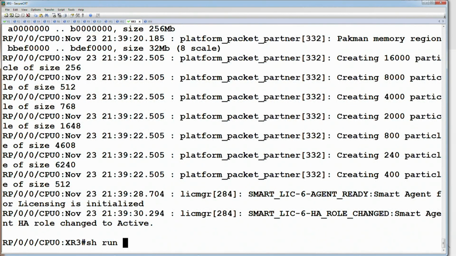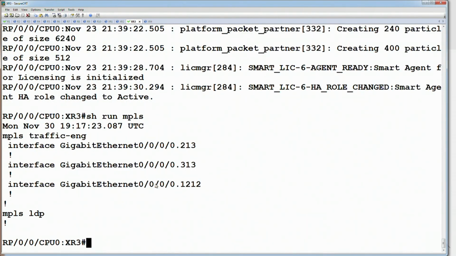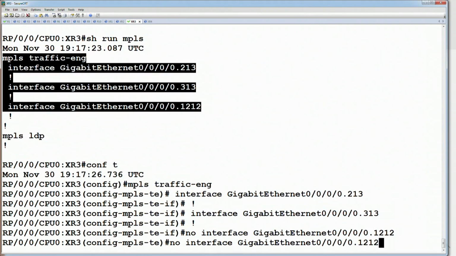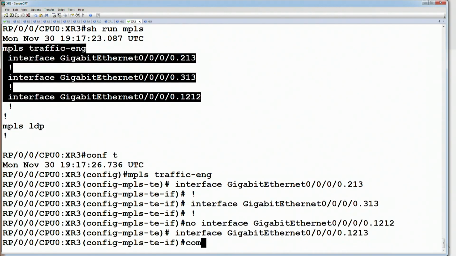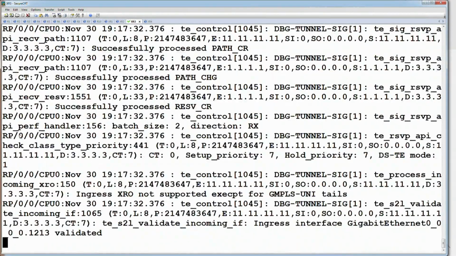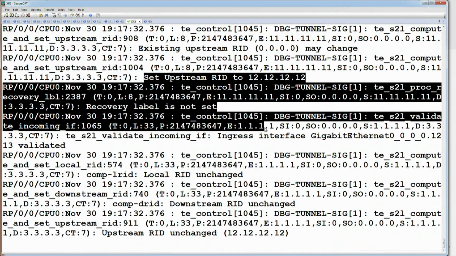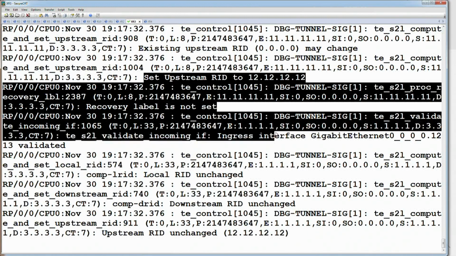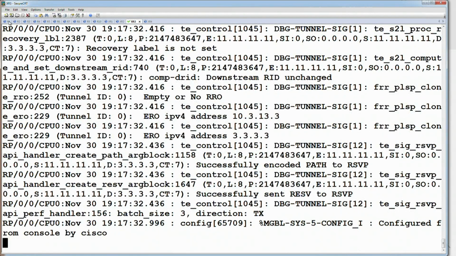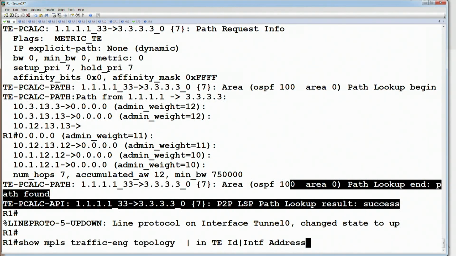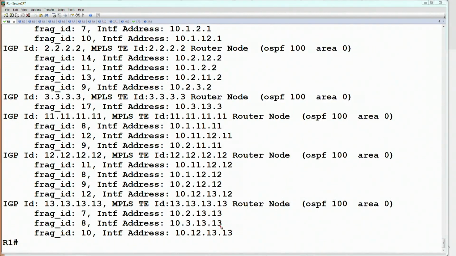Let's show run MPLS. This needs to say 12.13, not 12.12. Okay, now we can see we immediately get the output for the path signaling, and the endpoint of the tunnel is 11.10, or more specifically, the head end of the tunnel is 1.1.1.1. So router 1 should have gotten a log message that now path lookup is successful. If we look at the traffic engineering topology, now we see that third interface between XR2 and XR3